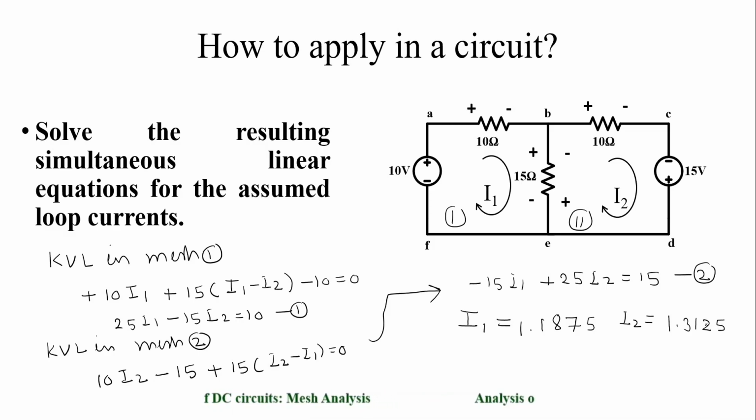So if I know the value of I1 and I2, then I can know the current in any branch of this electrical circuit. Well, we have learned how we can find out the current in a branch using mesh analysis till now. So in a quick approach, basically we are going to focus on writing down the simultaneous equations using mesh analysis. So this is going to be somewhat of a faster approach.